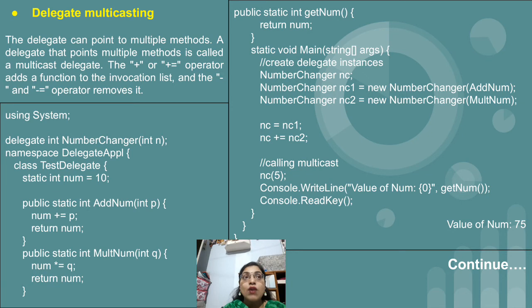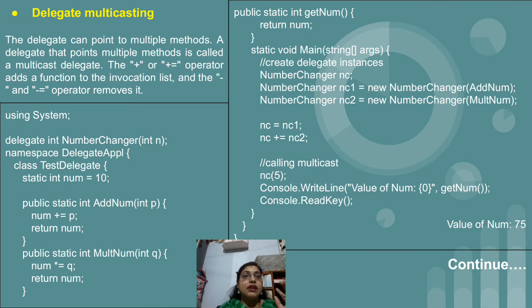Now while passing the add num method, we have not written object name dot method name, not even class name dot method name. Why? Because add num is a static method, so we don't need to make use of even the class name or object name. We can directly pass the method. So add num we have passed to the nc1 object. This is the second object of our delegate. Again we created one more object nc2, and to which we have passed the next method, that is mult num.